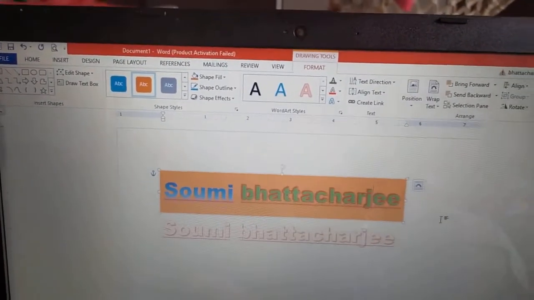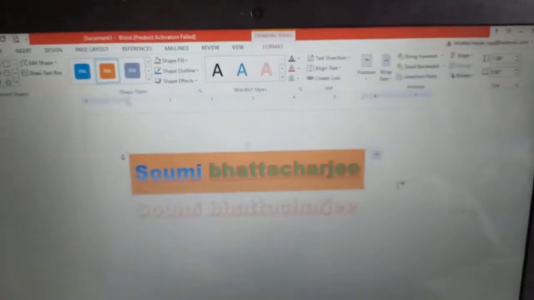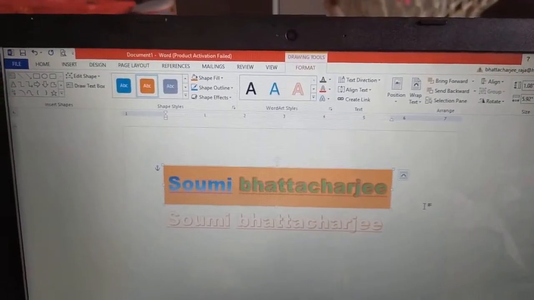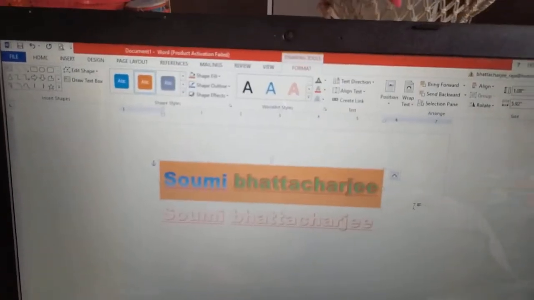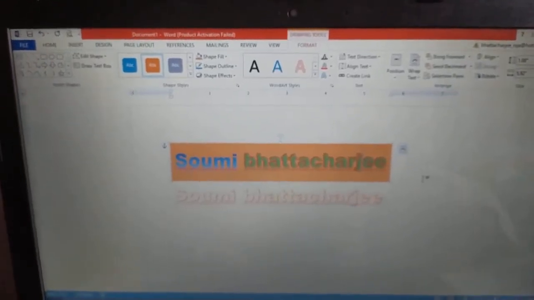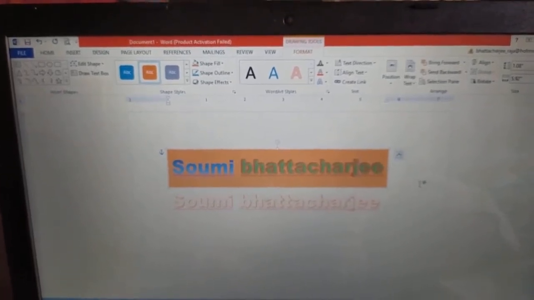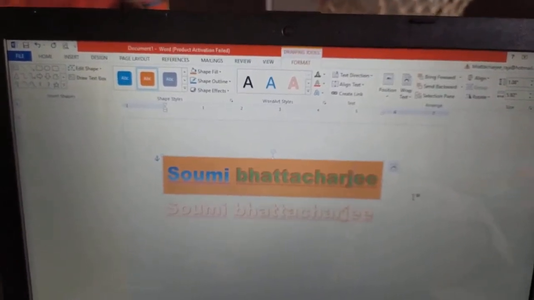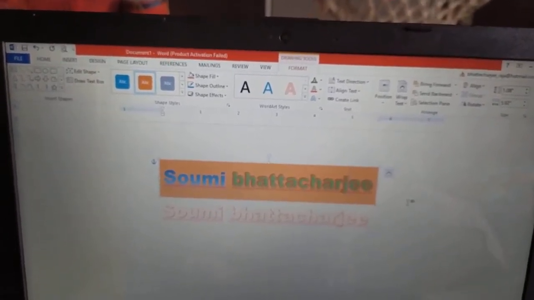Now these are the options that we will get in editing the Word art. So I think how to insert a Word art, and how to format or edit a Word art, is clear to all. Using the Insert tab, the insertion of the Word art is done. Using the Format tab, after selecting the Word art, it is done.